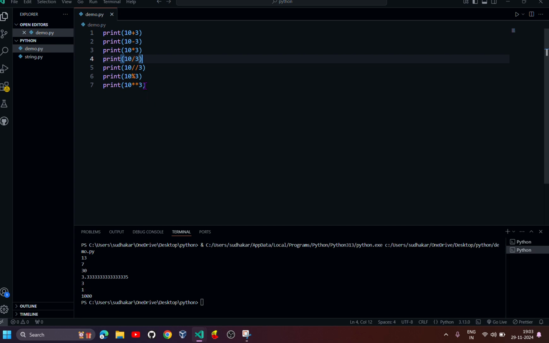Okay, 10 double asterisk 3, what does it show? It shows the exponent operator. 10 to the power of 3, what is the result? 1000 is the result. Okay, this is how we use arithmetic operations in Python. And one more type of operator will be there, that is